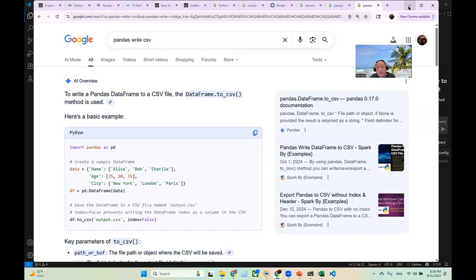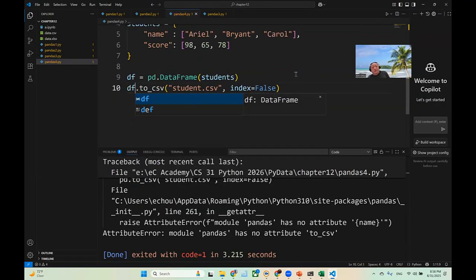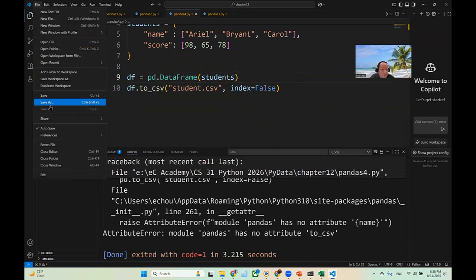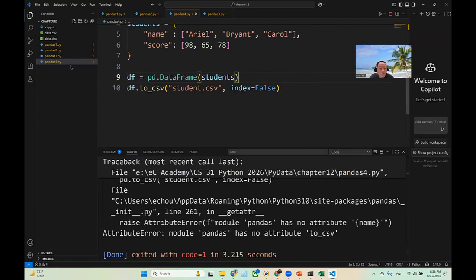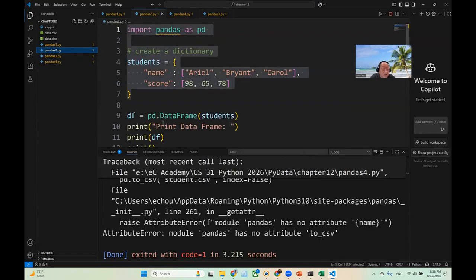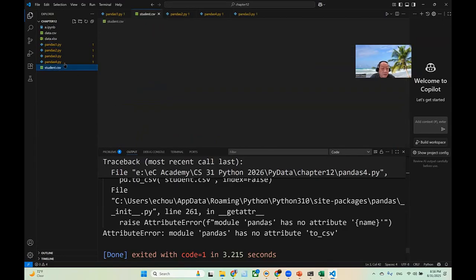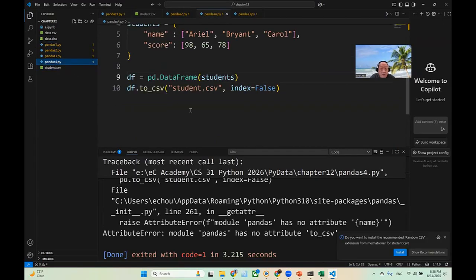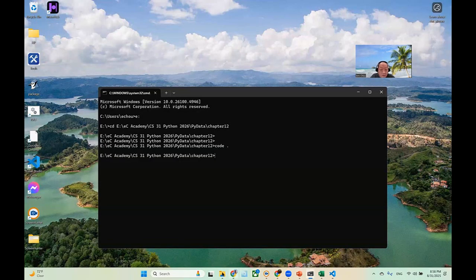Oh, no, it's df. I'm sorry. It's actually the data frame. I made a mistake. It's data frame to CSV, not pandas. You use pandas.read CSV to read from CSV into a data frame, but when you have a data frame, you need to use to CSV. So you do to CSV, you create student CSV like this,